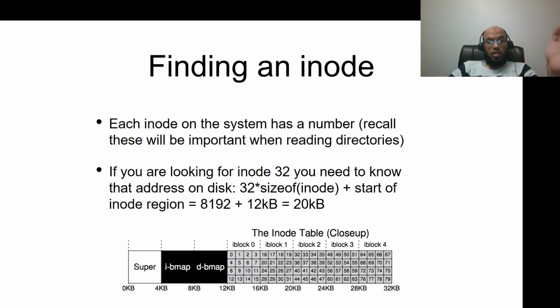The size of one inode in this case is 4 kilobytes. So you multiply 4 kilobytes by 32, because you're trying to access the 32nd